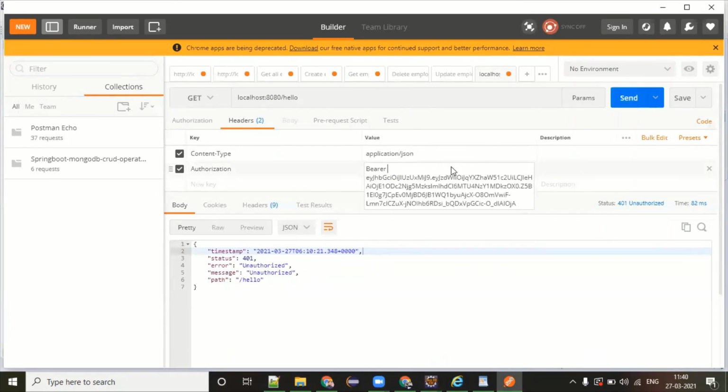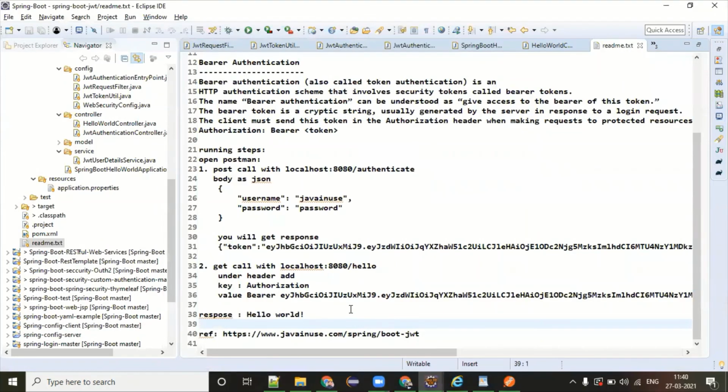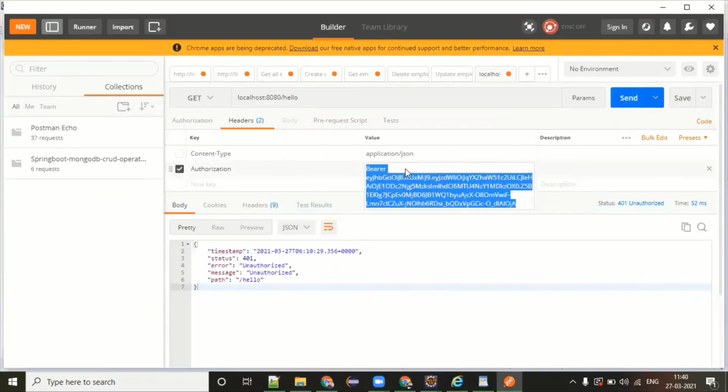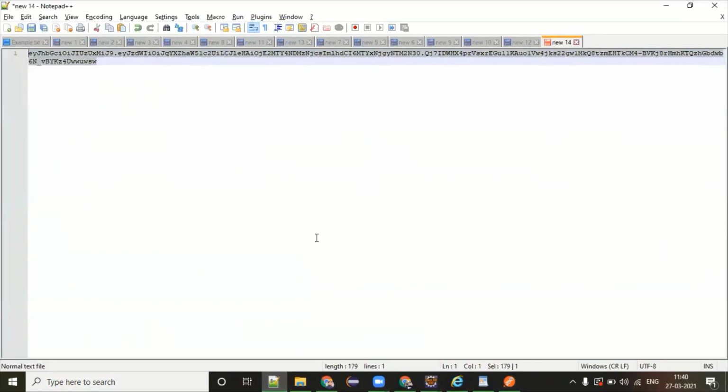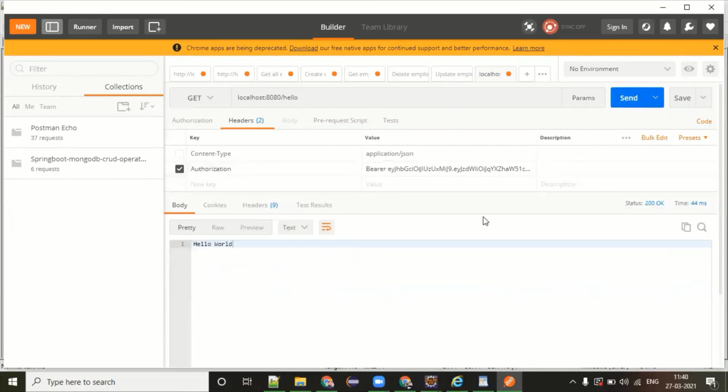What happened? Still unauthorized. Why is it so? Bearer space. Oh, it's changed actually. This algorithm is changing the data.